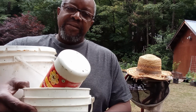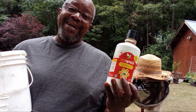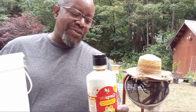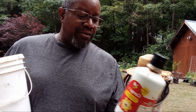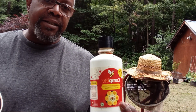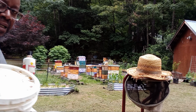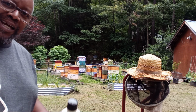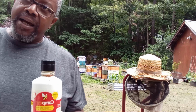My next fun stuff I like to use is this Bee Complete. I'm not getting paid for any of this, folks, but this is a great product. Dr. Carlson, okay, this Bee Complete has really done well for my colonies. As you can see, folks, no advertisement. I'm not getting paid for doing this, but I give this when I do